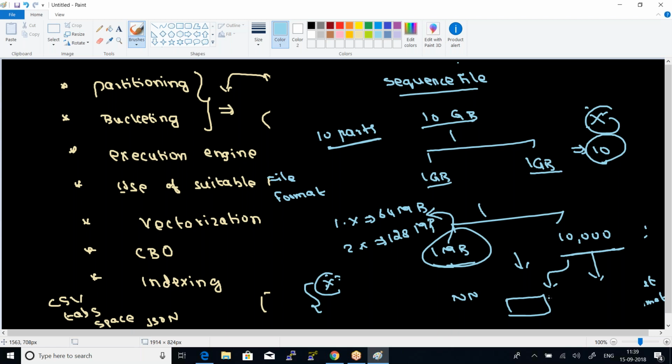To solve the problem, we work with the concept called sequence file. The sequence file will act as a container to store smaller files. Imagine we have a lot of smaller files in our data set. Those smaller files can be logically grouped and placed under a single container. So for that we go with the concept called sequence file. Please make a note. When to use sequence file? If your data set contains a large number of small sized files, then you need to go with the